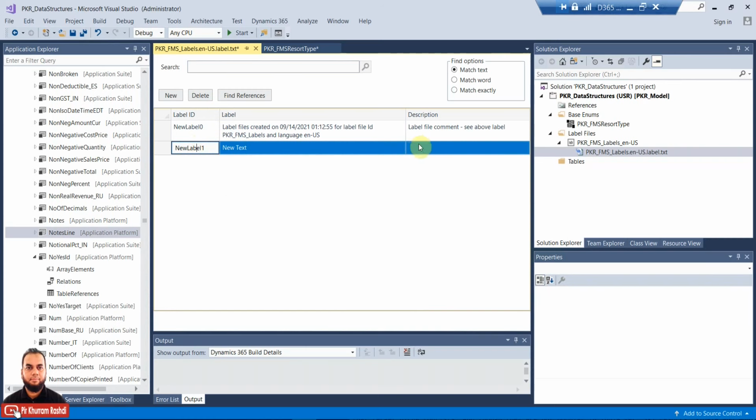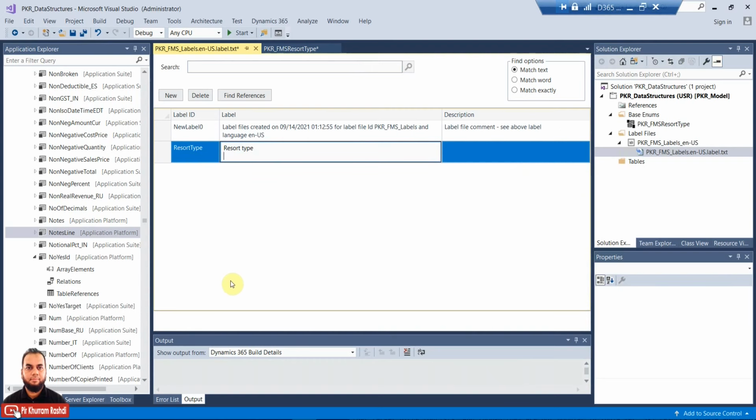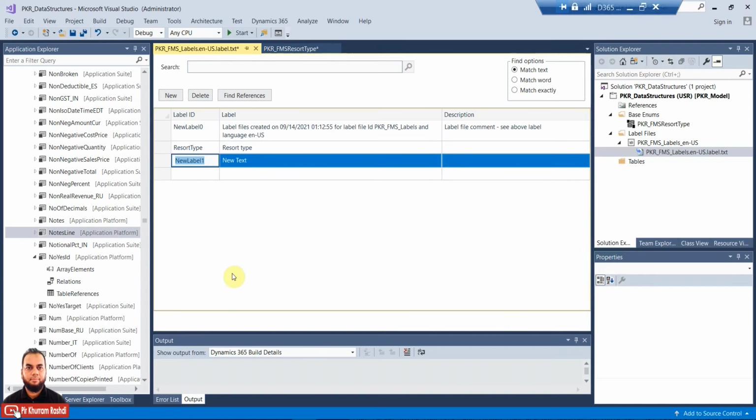And the description is for your help or comment, to explain further about the same label. So we will just put here a resort type, and then we can also create a resort type help text.